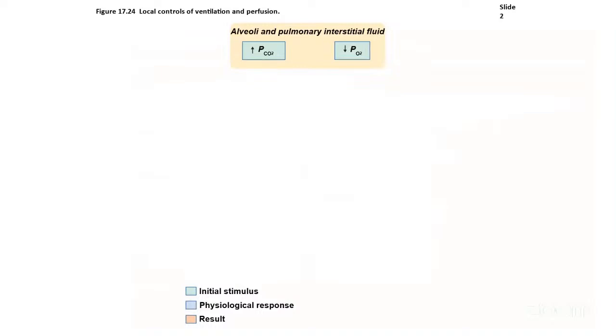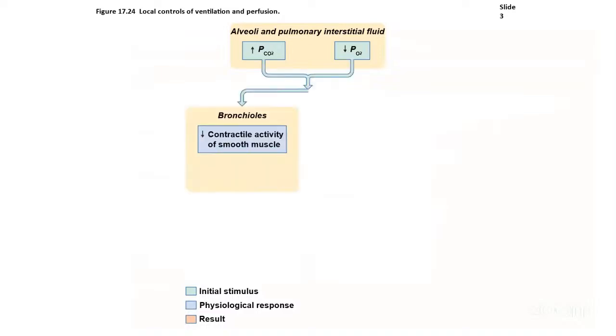Yep. So our triggers for this are our gases. So in this example, we're looking at a situation where we have an increase in carbon dioxide and a decrease in oxygen levels that we're noticing in the alveoli and in the interstitial fluid around them. So that fluid between the tissues that's going to be neighboring our blood. Okay, so we're going to look at those effects on the bronchioles first. So that's our